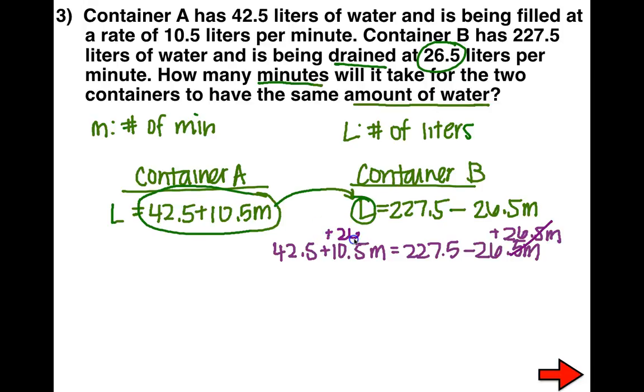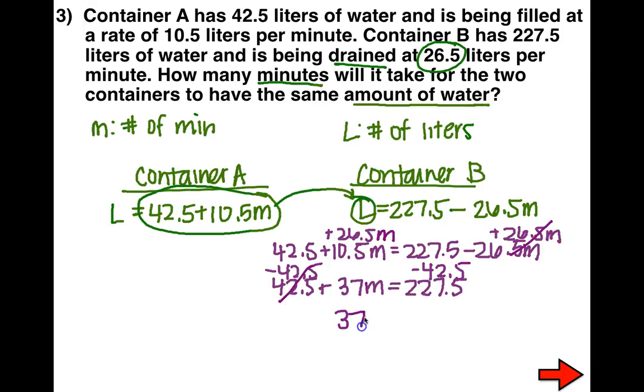So let's add 26.5 m to this side, leaving me with 42.5 plus, let's see, that's going to be 0, carry the 1, it's going to be 37 m equals 227.5. Since I went ahead and moved the variable over to the left, I'm going to move my constant over to the right by subtracting 42.5 from both sides, leaving me with 37 m equals, I'm definitely going to do some side work,